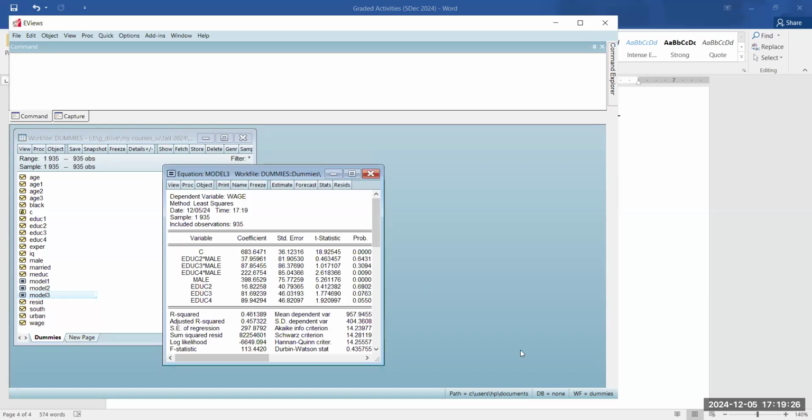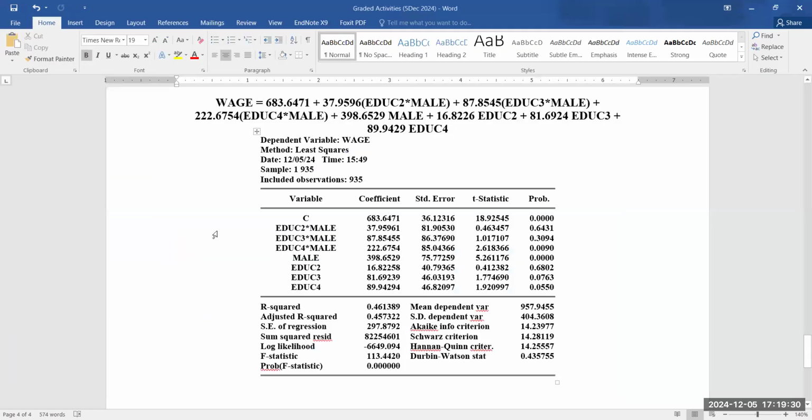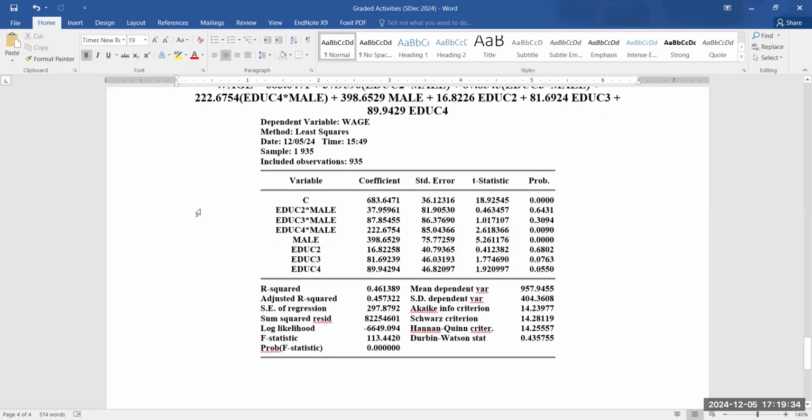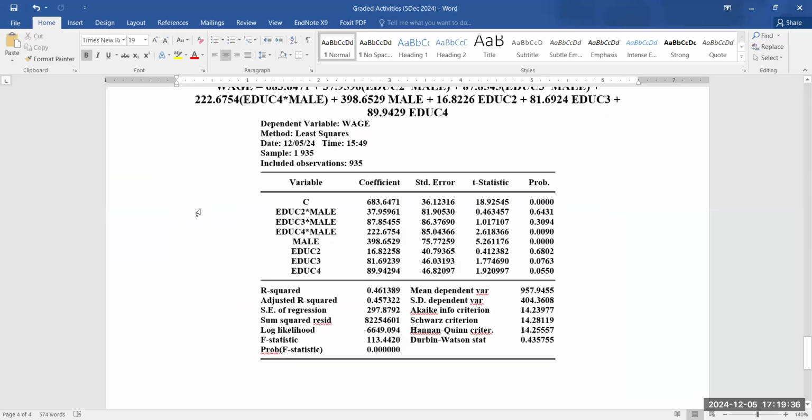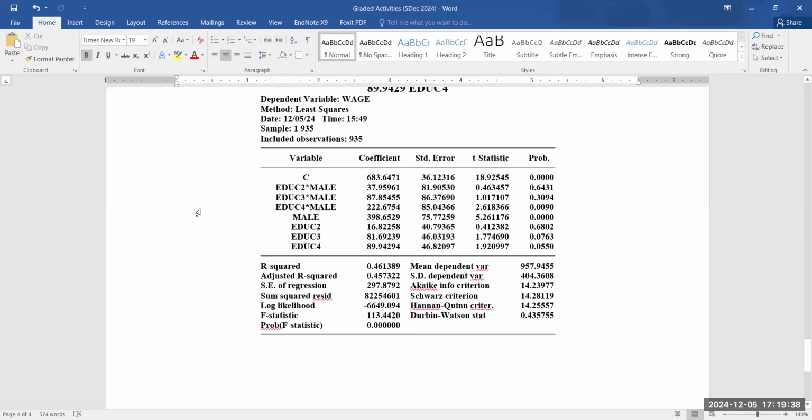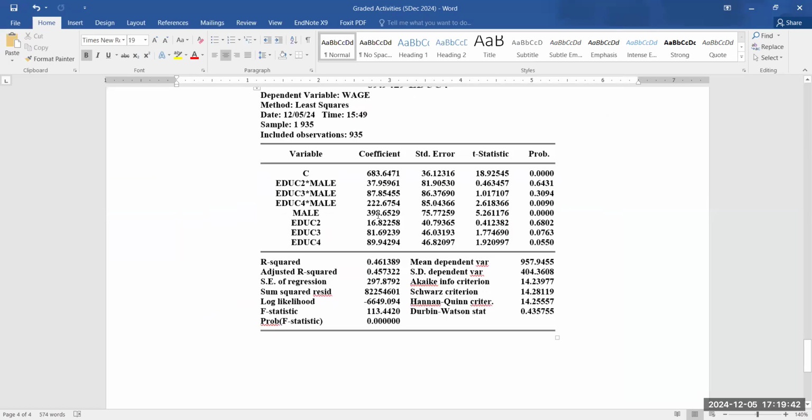I copied these results and pasted them here in our MS Word sheet. So these are the results. Now I will place these results in front of you, and then I will discuss each of the coefficients, including the coefficients of the interaction terms and the individual variables. So starting from number 1,